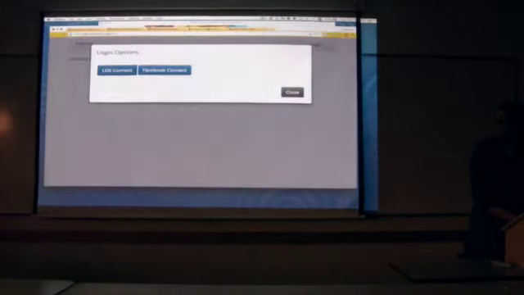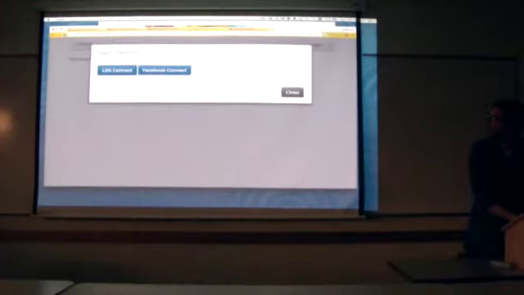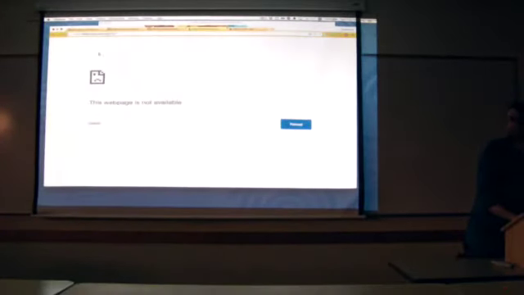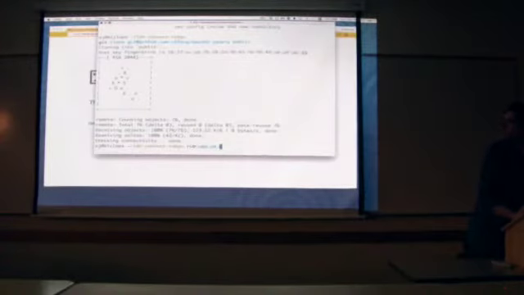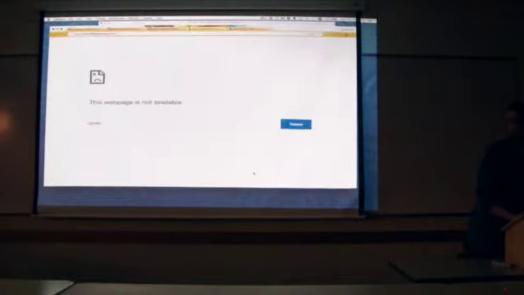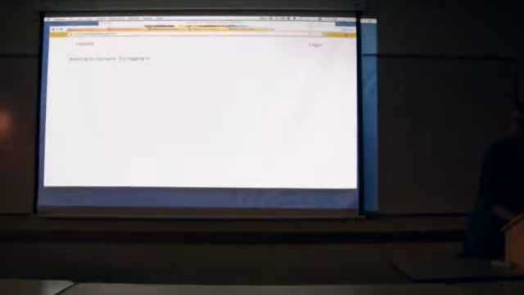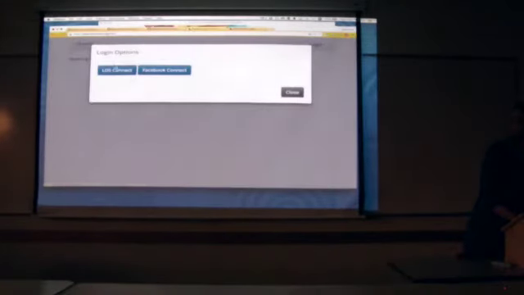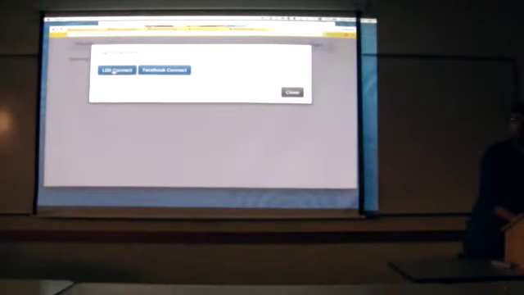Let's see, where was I at? So now I'm going to refresh it. It's going to look exactly the same, but it's a different backend. Oh, I got to restart the server. Alright, so it's all the same stuff except for a little bit of JavaScript is different. I'll show you the JavaScript in just a second.